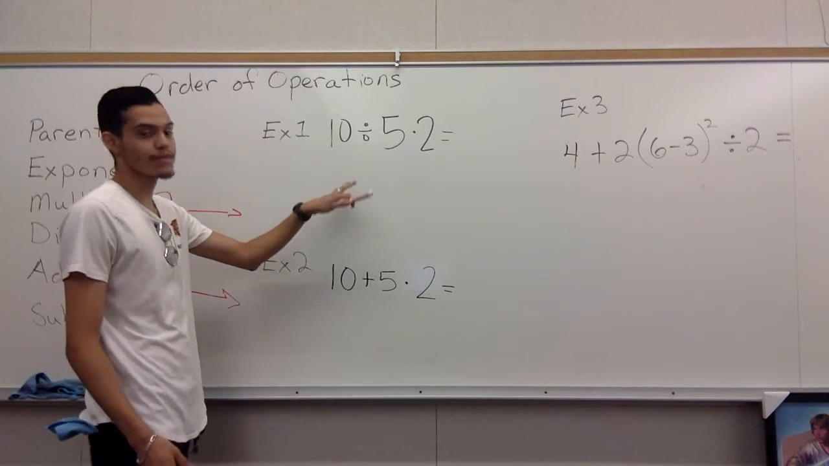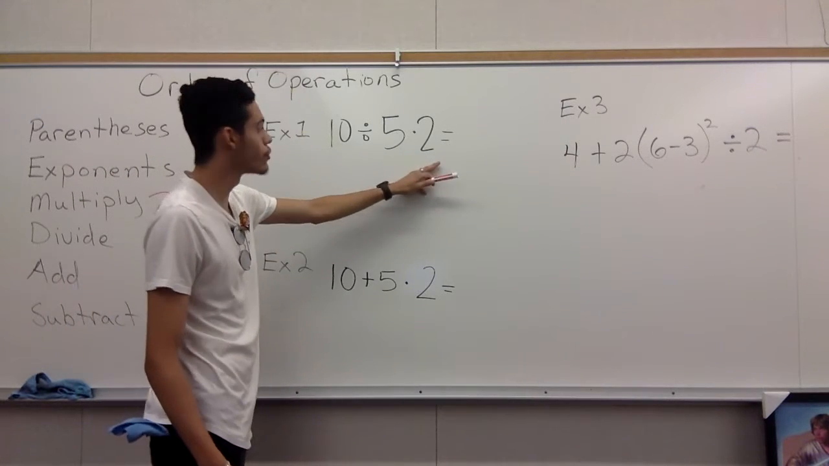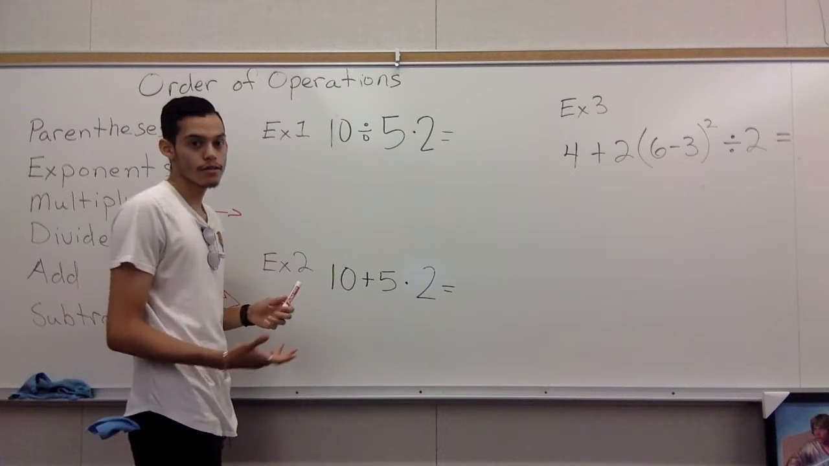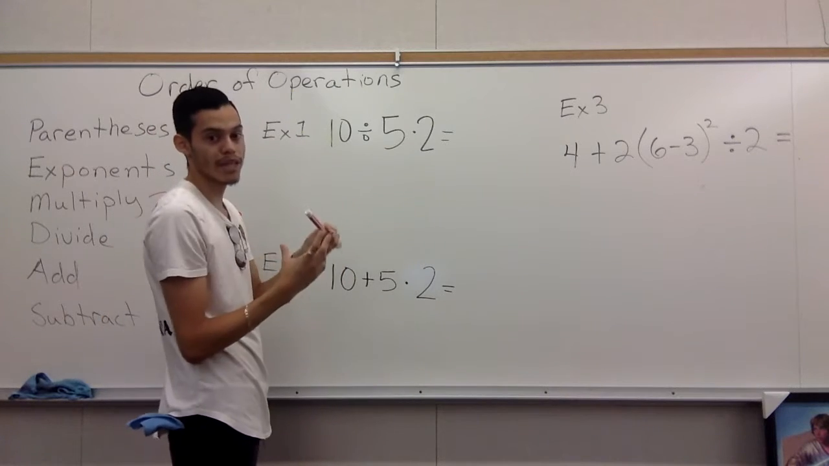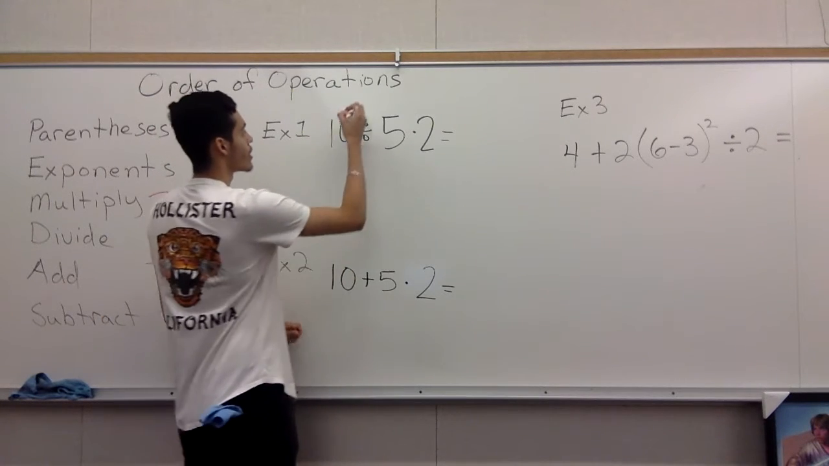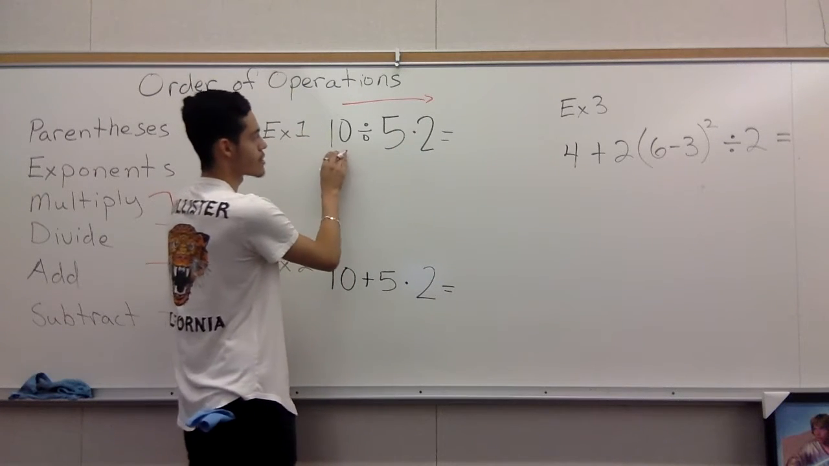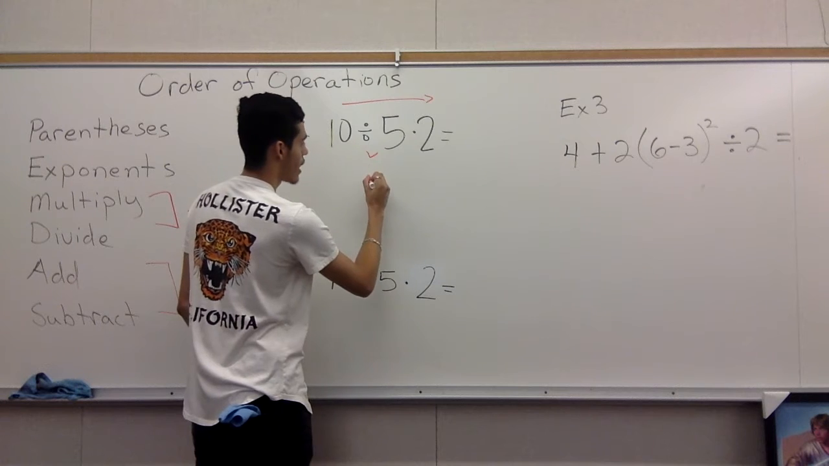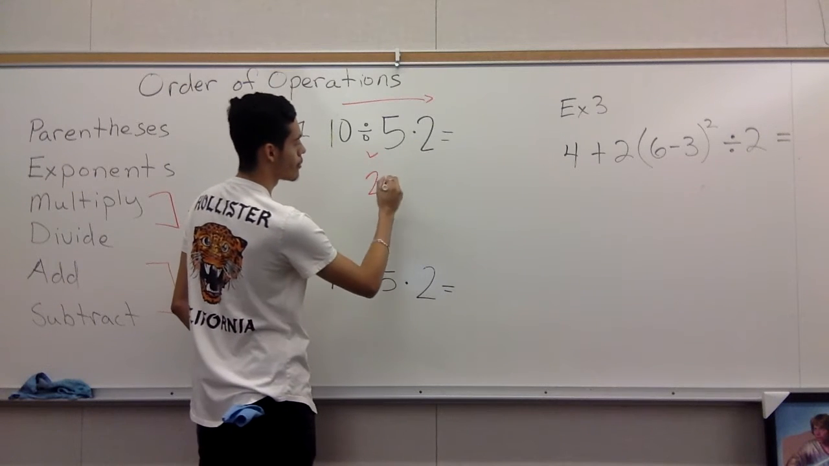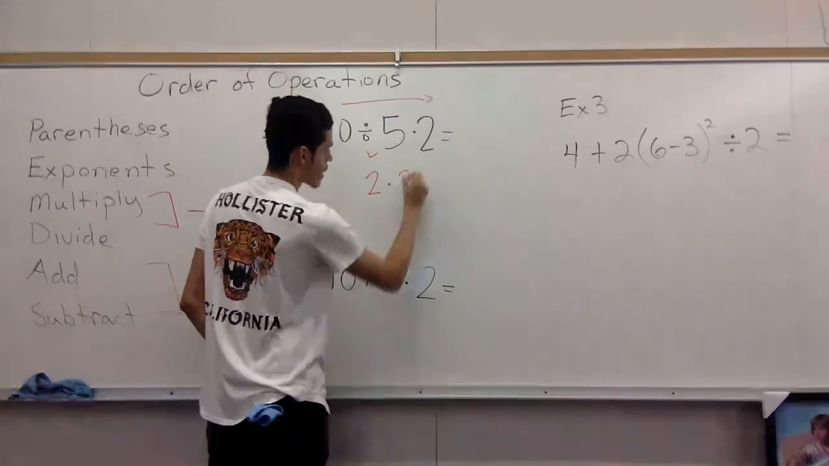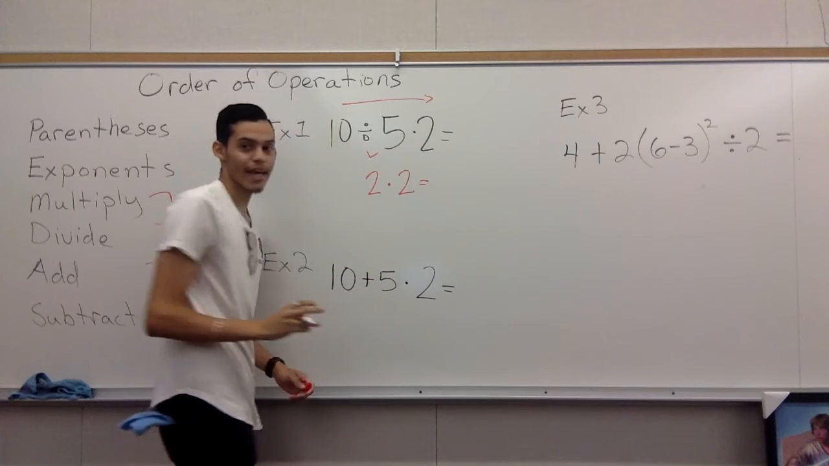So on the first example, you have 10 divided by 5 times 2. Because they're both the pair of multiplication and division, you're just going to be simply working from left to right, like reading a book. What comes first is 10 divided by 5. 10 divided by 5 is 2. You can rewrite the rest of the problem. So you have 2 times 2. So you get the answer of,